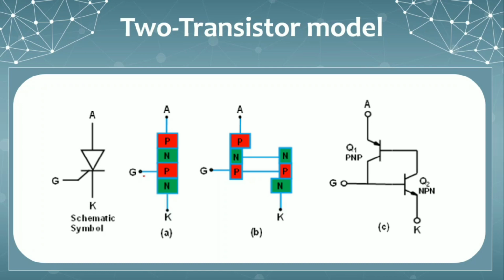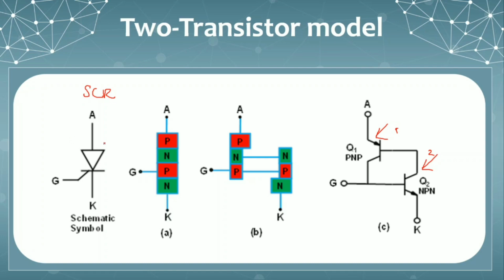Because I can replace this SCR, this is the SCR, right, with two transistors as an equivalent circuit. I cannot say completely that the SCR is two transistors. If I take two transistors and connect them like this, is it equal to SCR? No, it is definitely not equal, because the properties of materials we use and the fabrication techniques are completely different. Okay, so the handling capacity is also more.